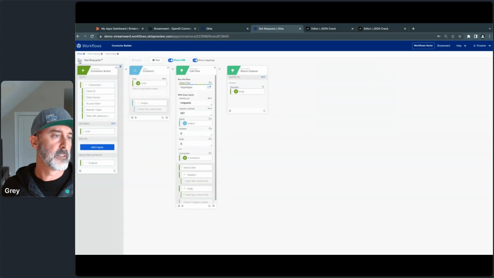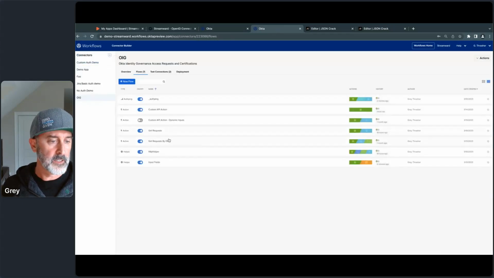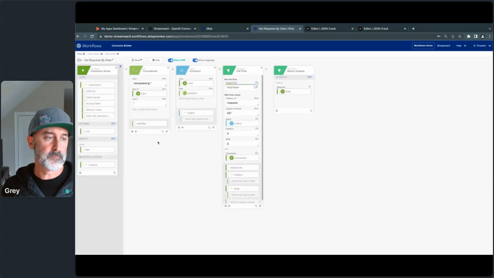If I come back over here, I have this get request by date. And here, we have our limit in there, and then I've provided an input field for a date. And this is going to be combined with that limit into my query object. So again, I don't have to know that if I want to find requests that are since a certain date, there's a last updated value, and I have to use the GT greater than syntax and then provide the date in a certain format